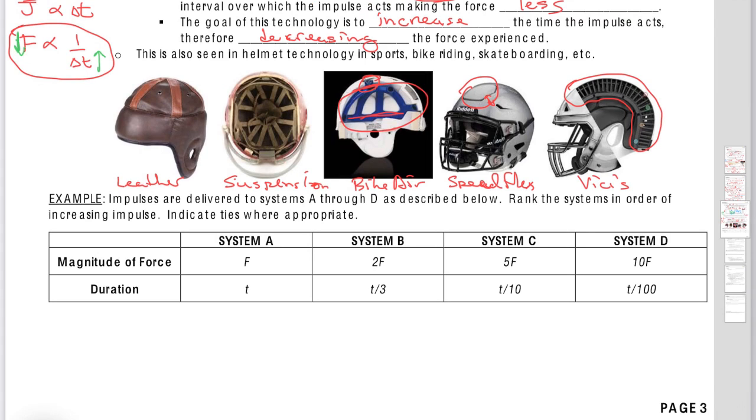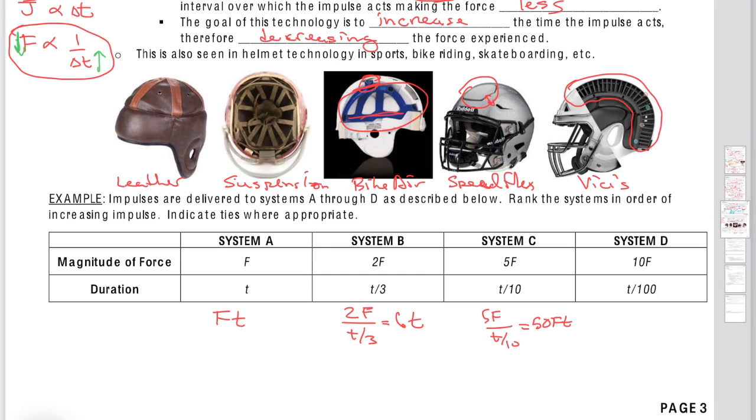All right, so here's a ranking task. These are impulses delivered to systems A through D as described below. Rank the systems in order of increasing impulse, and indicate ties where appropriate. So all we're going to do is F times T. The impulse here would be the full FT. This would be 2F over 1/3 T, and in fact, I kind of wrote this wrong here, so this would be 6FT, since it's less time. And this would be 5F over T over 10,